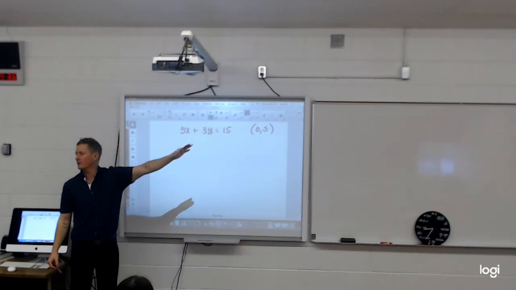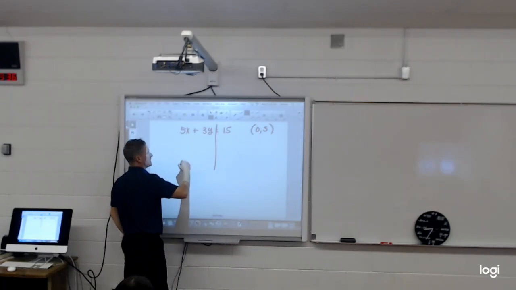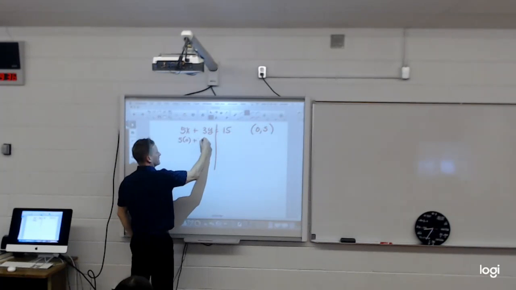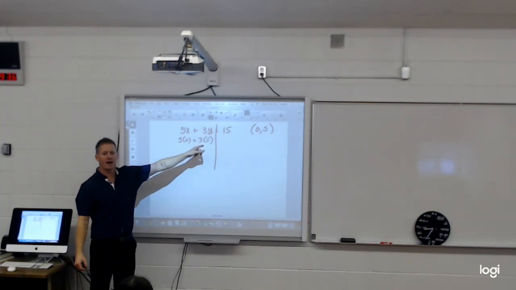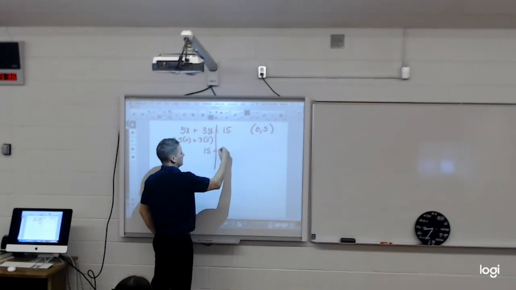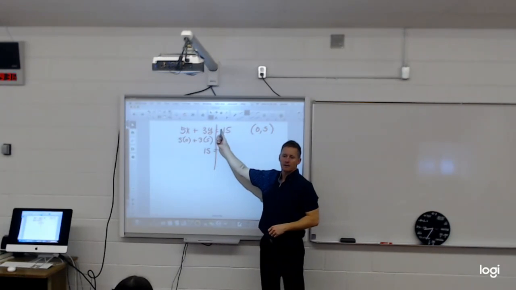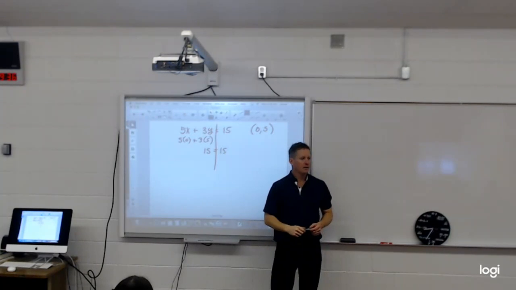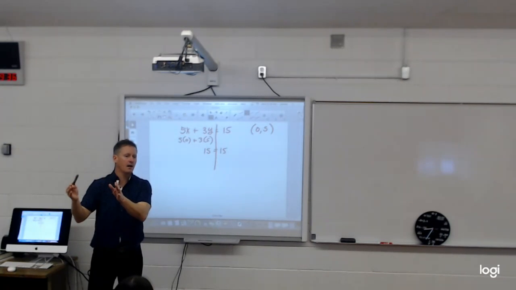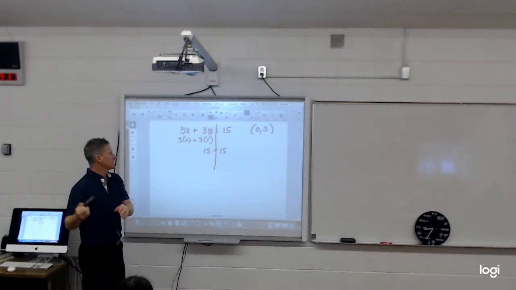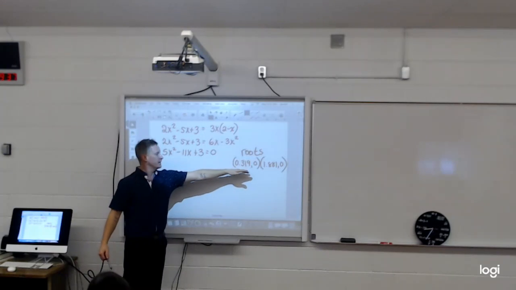So we've graphed the lines, right? So if I put 0 in and 5 in, the left hand should equal the right hand side. So 5 times 0 plus 3 times 5. What's 5 times 0? 0. And 3 times 5? 15. So as long as the x and the y value are on the line, when I substitute them in, the left-hand side is going to equal the right-hand side. We've done that. That's what equation of a line states: every coordinate on that line creates an equation in which the left-hand side is going to equal the right-hand side. So now when I go back here, I have this value and this value